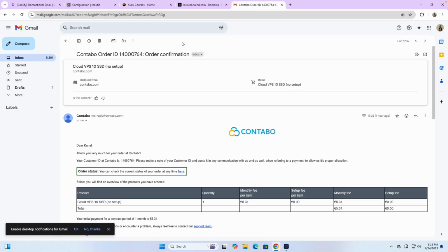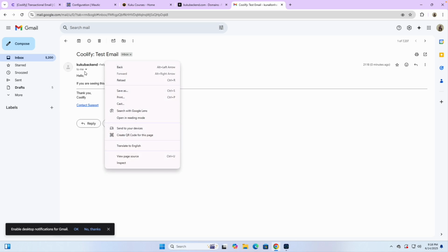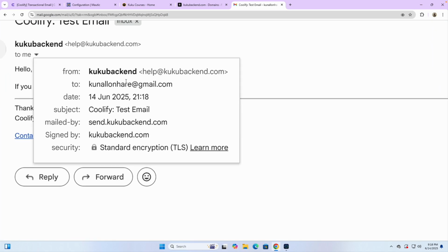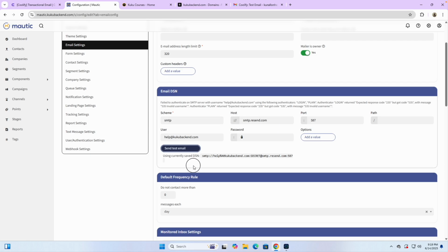Okay, so for example, if I just go over here, let's just go to the inbox, and you can see from the Coolify we have got the email. That means it's working, and you can see the email has been sent from our domain, which we have set, help@mydomain. Okay, so which is great. And in Mautic,